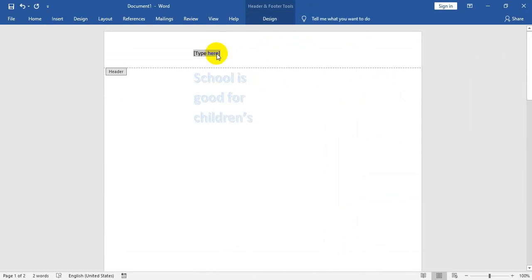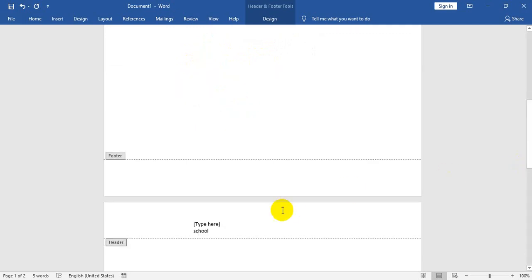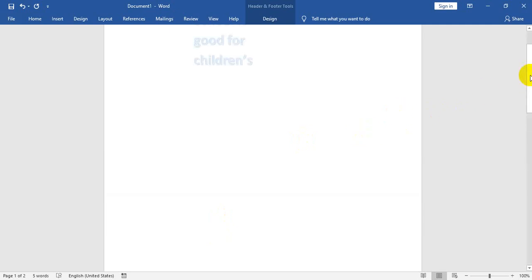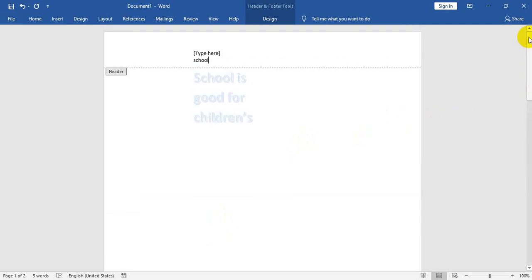For example, if you write here something like school, the school will be displayed on every page. If you check the second page, automatically the school is written here. So header and footer are very important in every document.